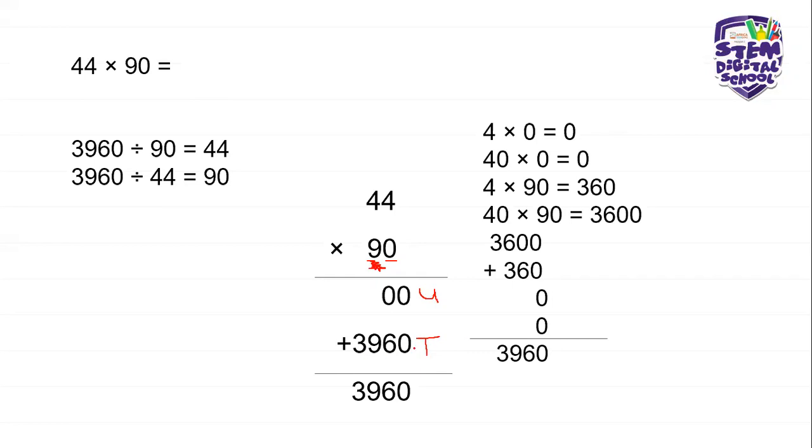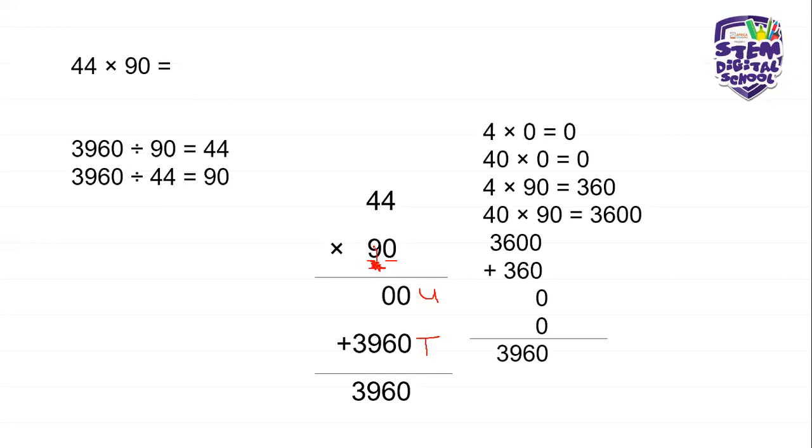And because that row is for our tens, we know that we're going to have a placeholder of 0 to show that we are multiplying with a 90 or a 70. You are not just multiplying with a normal 9. Yes, we're going to say 9 times this, 9 times this, but it's important to have that 0 to show that you're multiplying with a number that is in the tens place. You're multiplying with a 90, a whole 90.